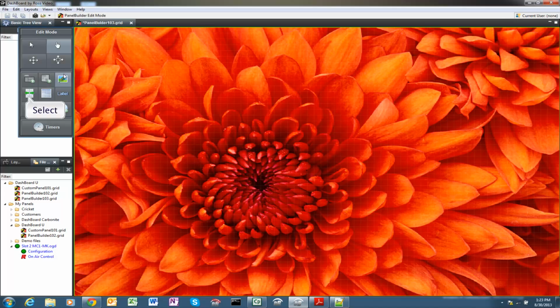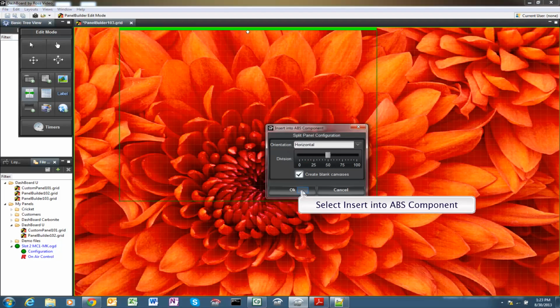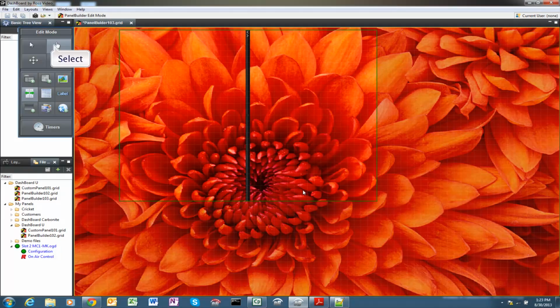Let's go and put a split in now. Here is the tool for the split, and again it's select the tool, then drag out the area that you want to use for it. Let's drag out this area here and make a horizontal split. Now, to the left and the right of the split, we now have two new canvases.